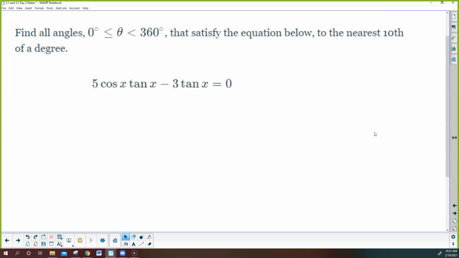But notice there is a difference here. This one is definitely different. We still have to find the answer from 0 to 360, so we know our answer is going to be in degrees, round to nearest tenth if possible. But the weird part is I have a cosine and a tangent mixed together. And hopefully you're thinking, if you remember that day that we practiced all these factoring skills, and we had something like this where